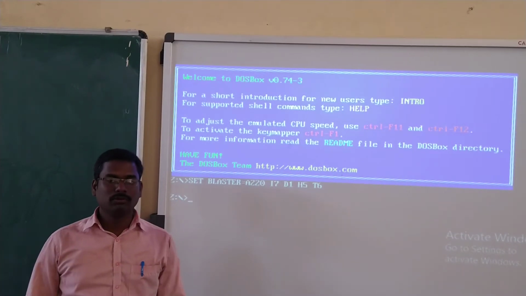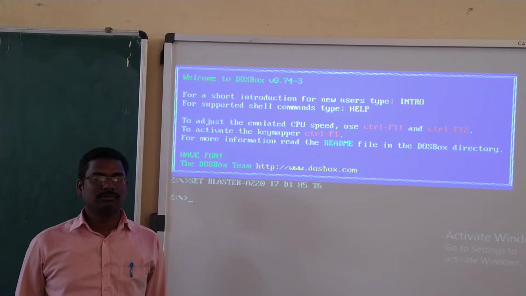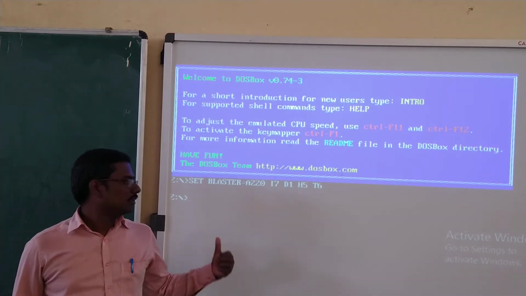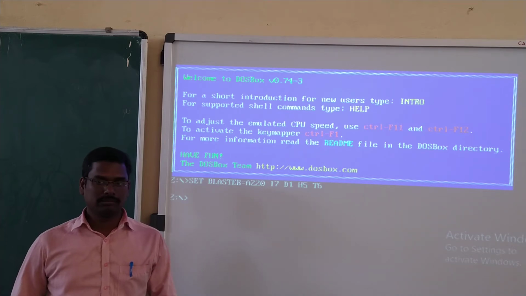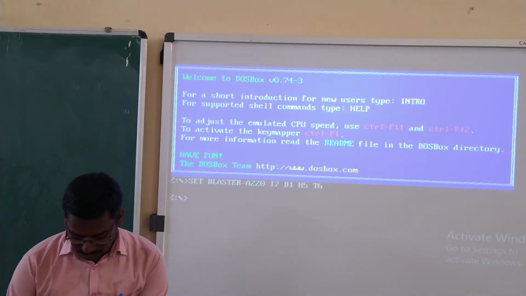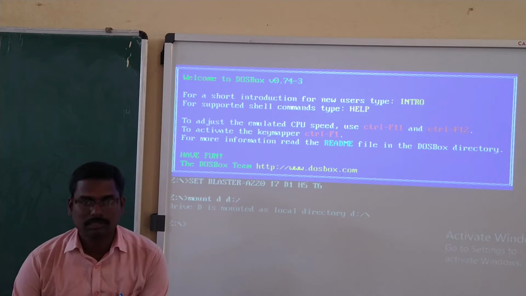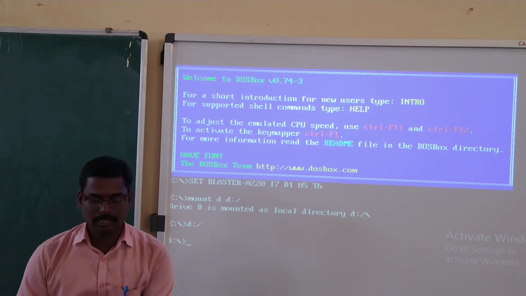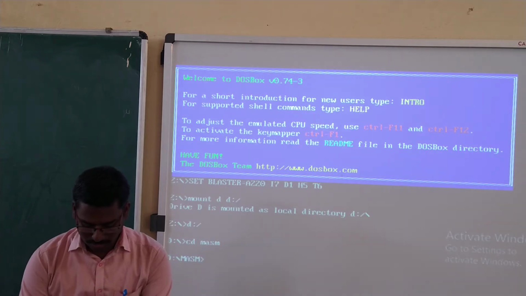Yes, now I am going to explain experiment number 1, subprogram characters insertion. So before going to that, we need to open the DOSBox 0.74, and in this procedure I will explain how to open an editor. Okay. Yes. So your first one is mount space D space D colon backslash enter. Okay, and next step is D colon backslash enter, and next CD space mason enter, and CD space